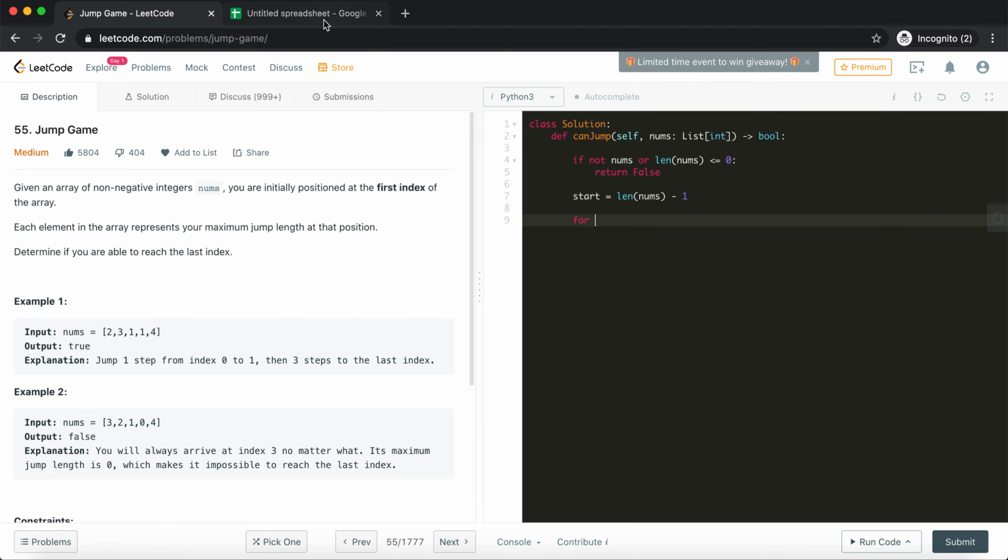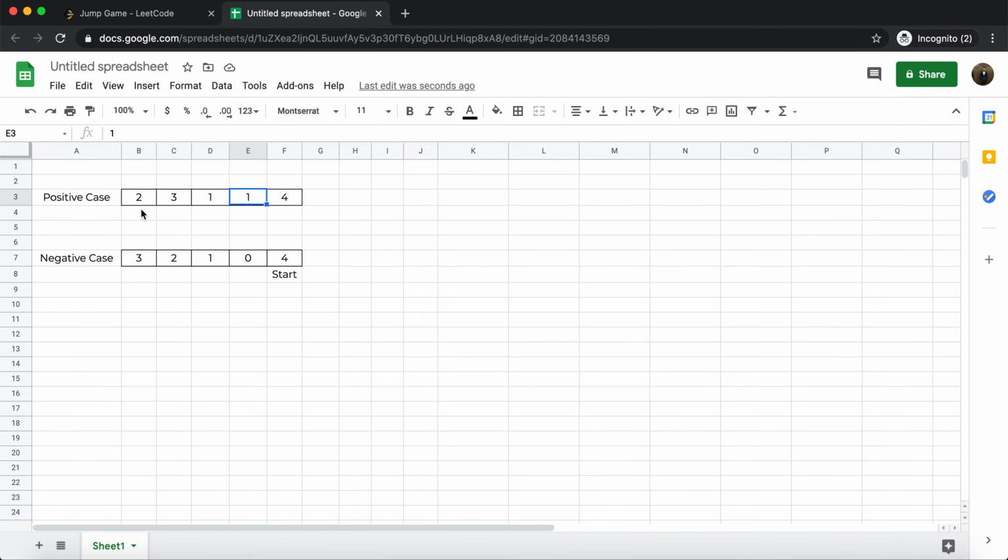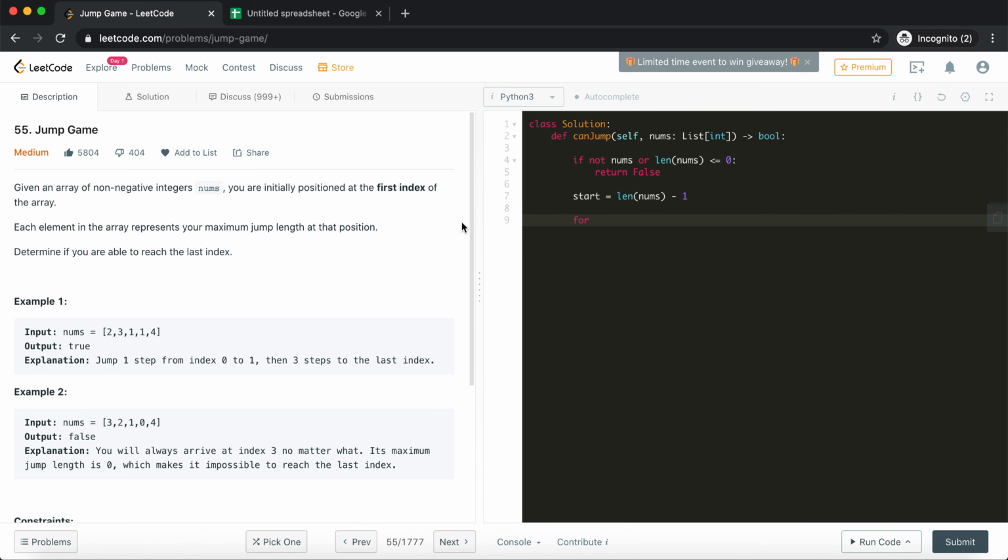Now I need a loop which will iterate from the second last position till the end in the backward direction. So I need to start iterating from one position before start, which is the second last position. I need to iterate till element 0, and I need to iterate backwards, so my steps will be -1.